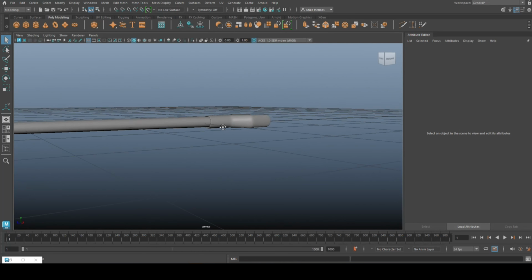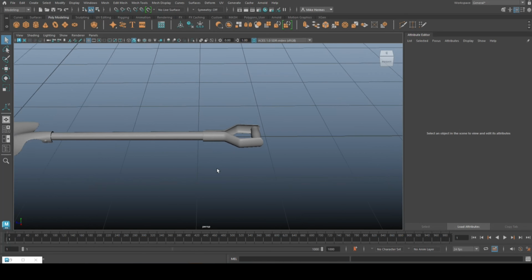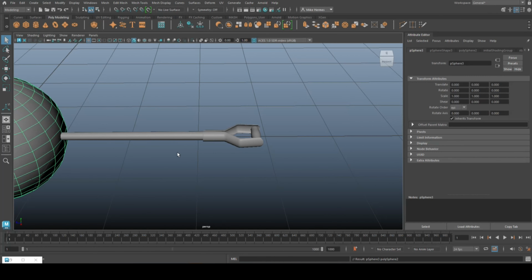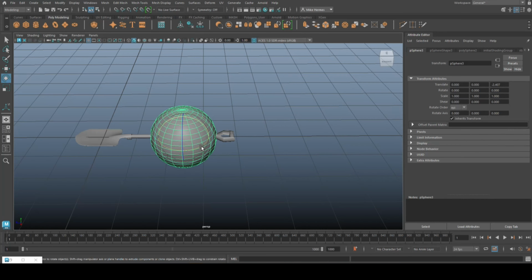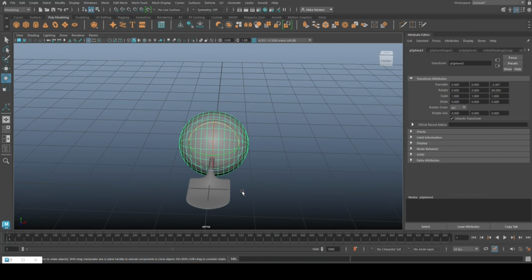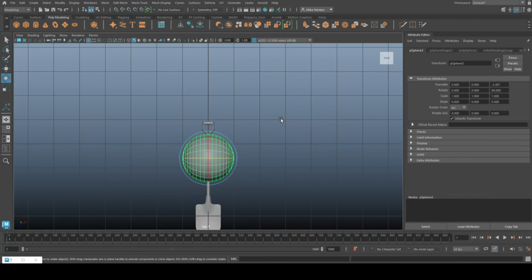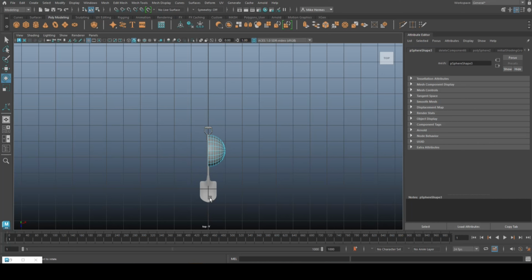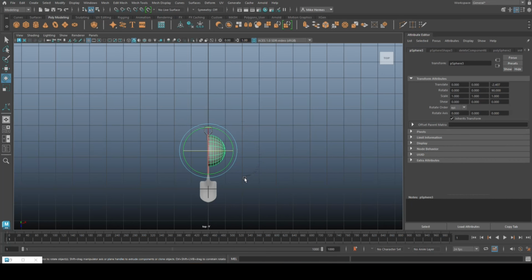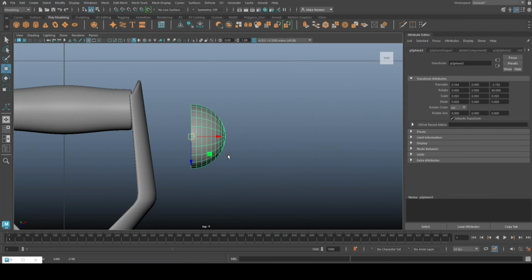Now again, we need some fasteners here. So what we'll do is we'll take another polygon sphere. Hit W, move that over here. E to rotate, hold down J, flip it down 90 degrees. We're going to cut it in half. So we're going to right click, go to face. We're going to drag select, get rid of it, take our object, R to scale it down quite a bit, W to move it up here, F to frame,